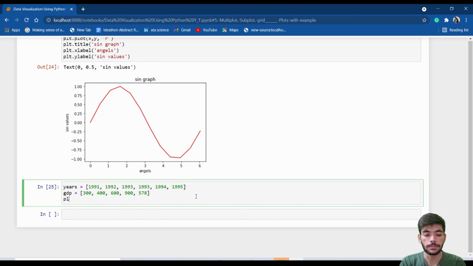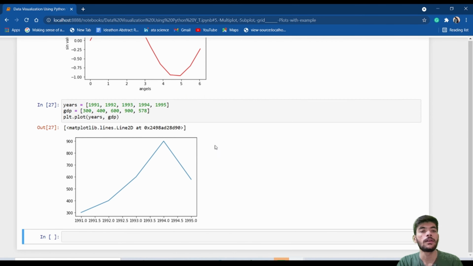The simple command plt dot plot. Here we have years and GDP. So this is our GDP graph starting from year 1991 to 1995, with the GDP of 300, 400, some of